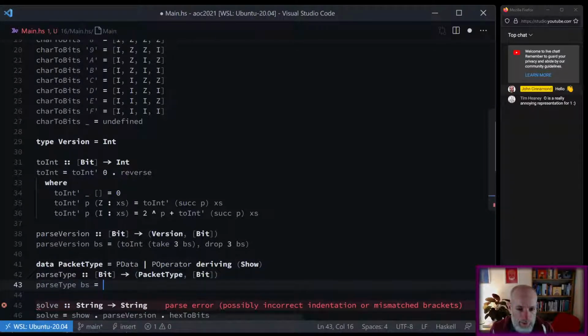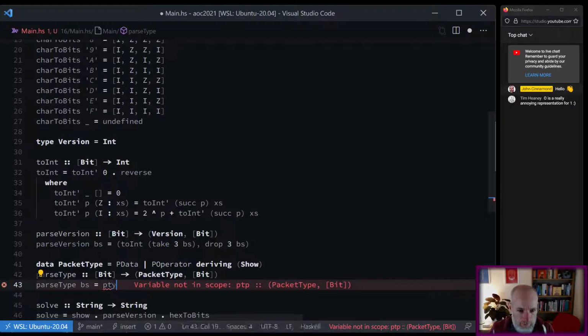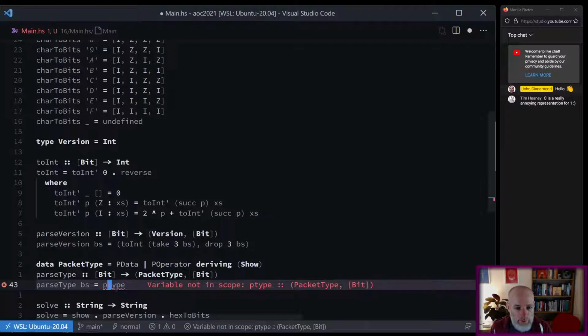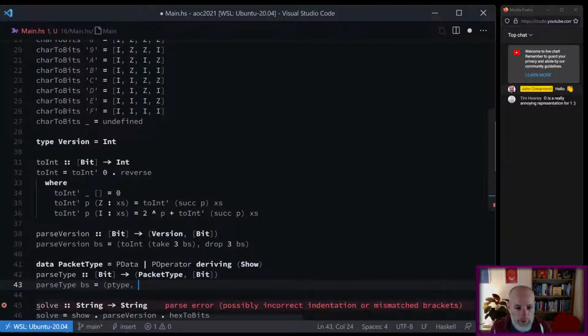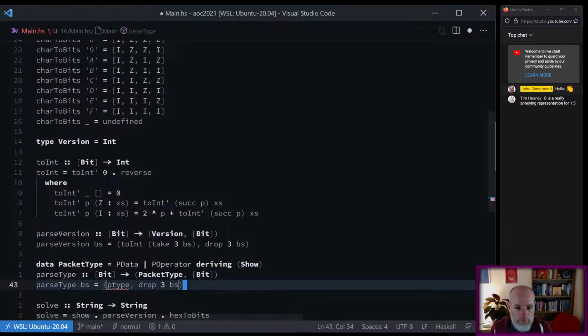Okay, so we want to take the int and then match it against. Basically, if it's forward, then it's going to be p data. It's going to be p opper. So it'll be packet type and then drop 3 from the remaining bits,